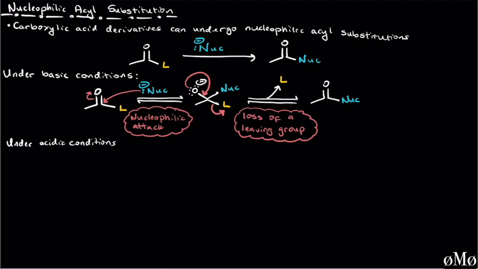So by now we're familiar that under basic conditions, your reaction mechanisms are typically much shorter. Under acidic conditions, you still have the same fundamental reaction going on. So it's a nucleophilic attack at some point, and then a loss of a leaving group at some point to then form the nucleophilic acyl substituted product. However, because you're under acidic conditions, there could be several proton transfer steps that can happen in between these two